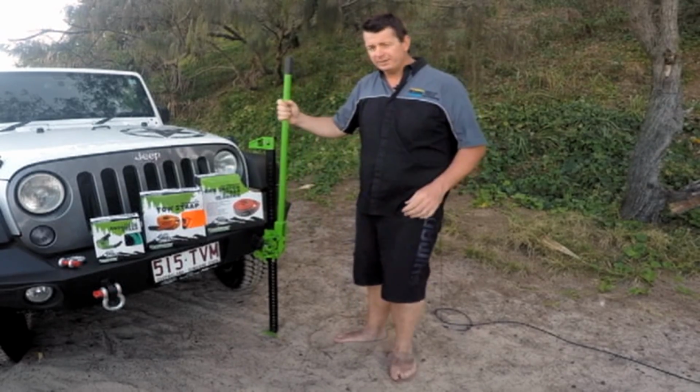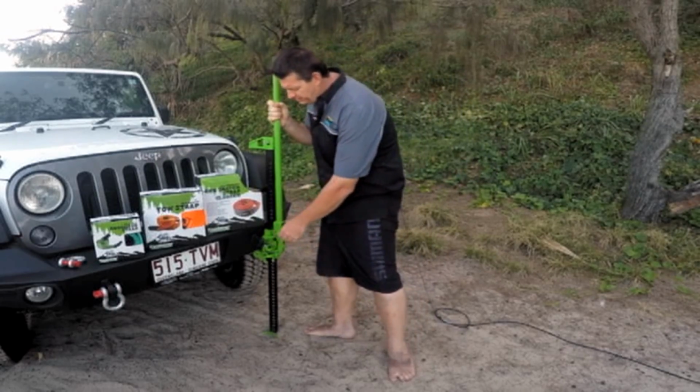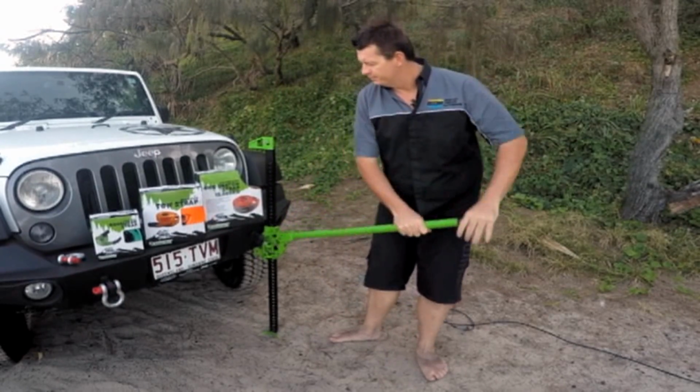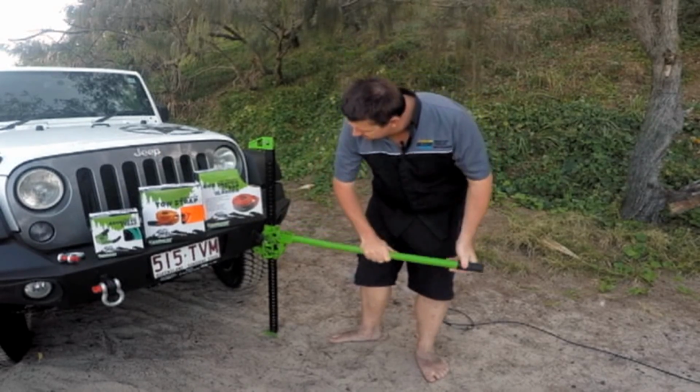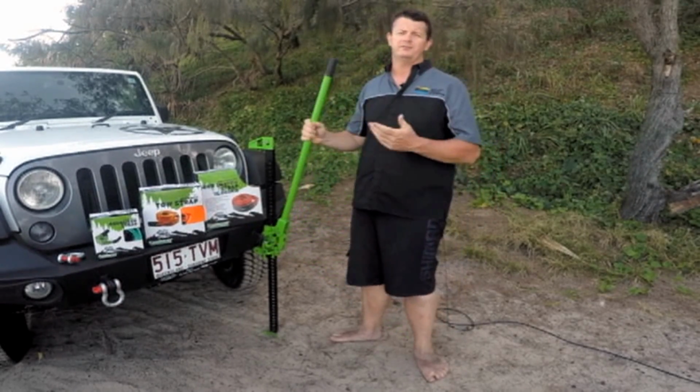Okay, so how do these work? We lock the lever up like so. You'll notice that the pins are sliding up and down. It's also a good idea to actually